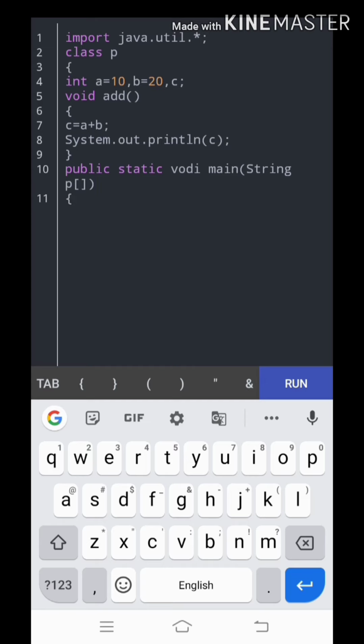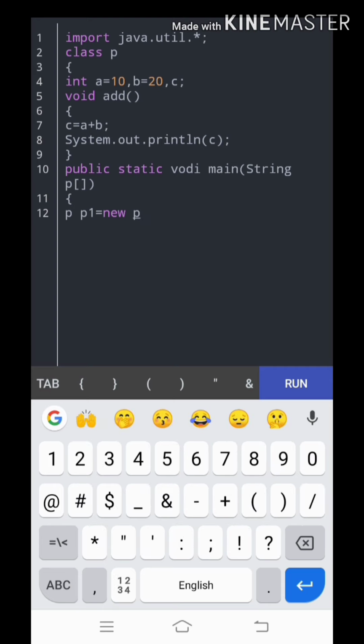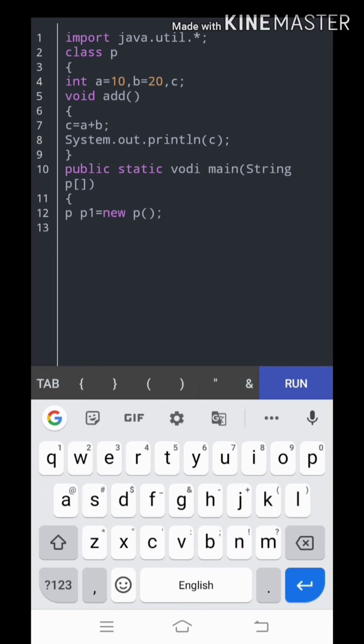In this I am going to create the object for this class. As we all know, creation of an object means class name and object name equal to new class name. So the object was successfully created. We are going to call the add function in this main function.